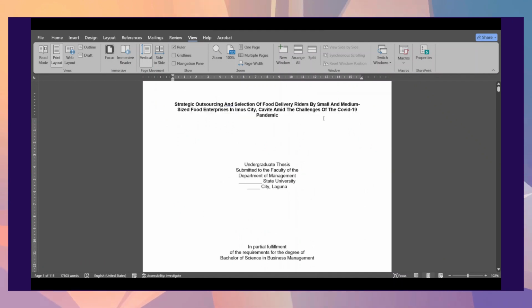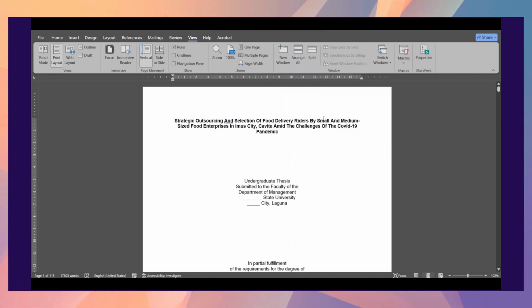So for today, we're going to discuss how you are going to revise your paper. So this will be focusing po dun sa pagpo-format ng ating Thesis Manuscript. So let's start. So dito sa sample natin, magpa-follow tayo ng certain format. So for this example, ang una nating i-edit is yung ating paper layout followed by the margin and then format